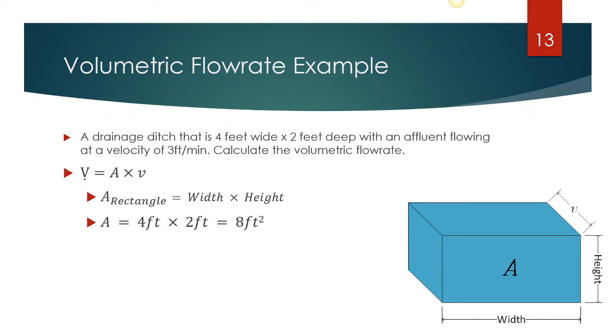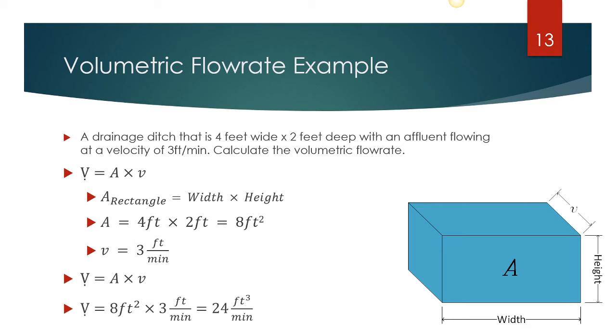Okay, so in this case, the givens were 4 feet wide and 2 feet high. The actual example said depth, but height and depth is the same linear measurement. And that's going to give us 8 square feet. So that is the surface area of that drainage ditch. And then we know that the velocity is 3 feet per minute. So all we have to do is multiply those two numbers together, and that will give us our